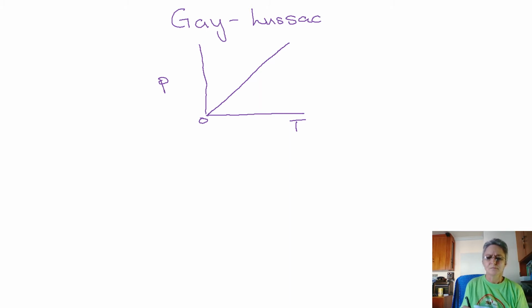Now, we know that this is the graph for the ideal gas. And we know three things about the ideal gas: the particles' volume is 0, forces of attraction and repulsion are 0, and collisions are elastic. But for a real gas,